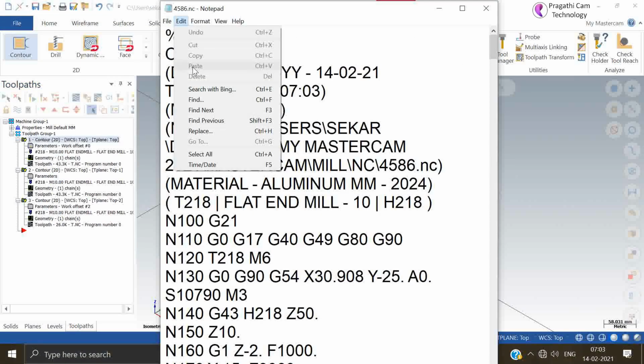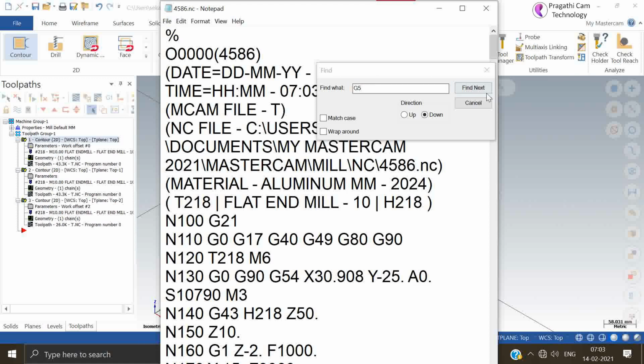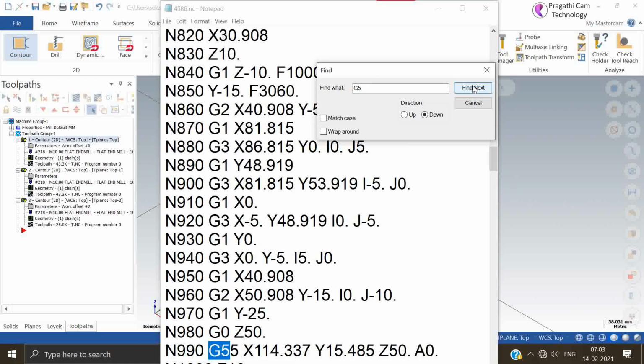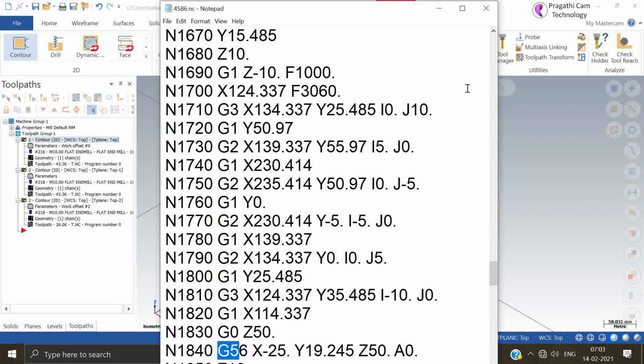So find it. Find next 54, 55 and 56. Like this we can define it. It means that on a single table you can do four different jobs. The first job is 54, the second job is 55, the third job is 56 and the fourth job is 57.